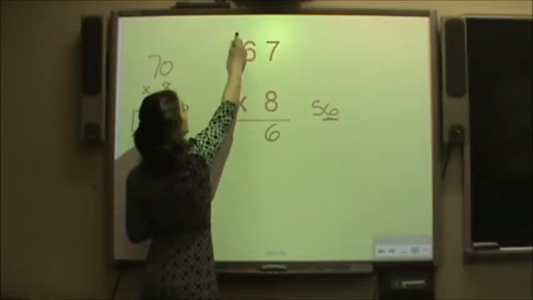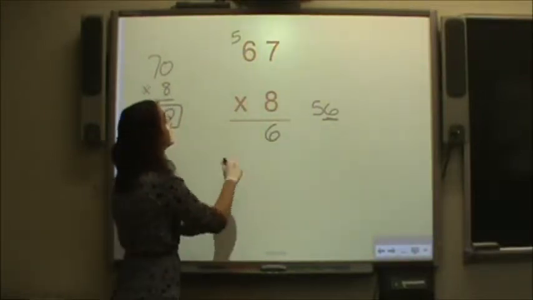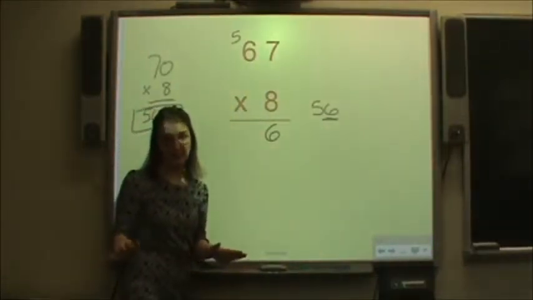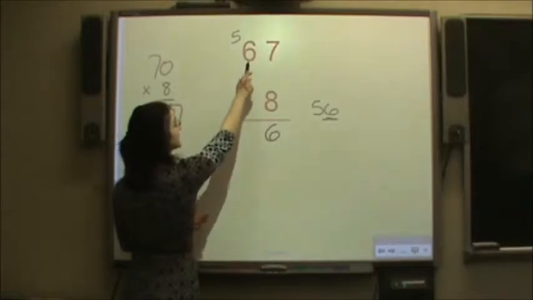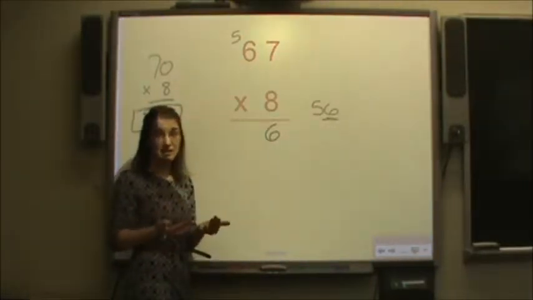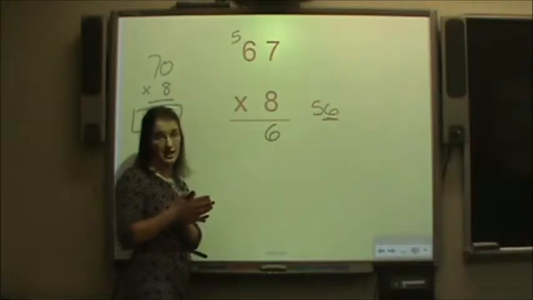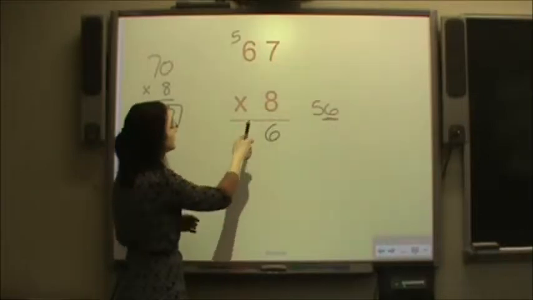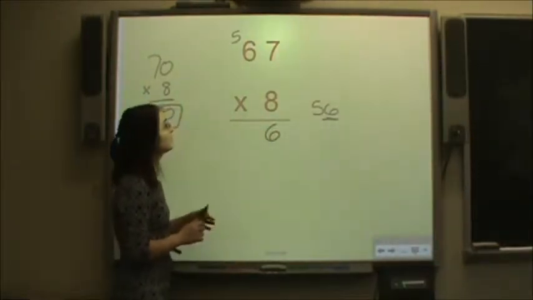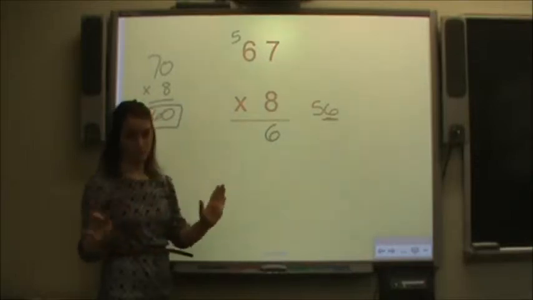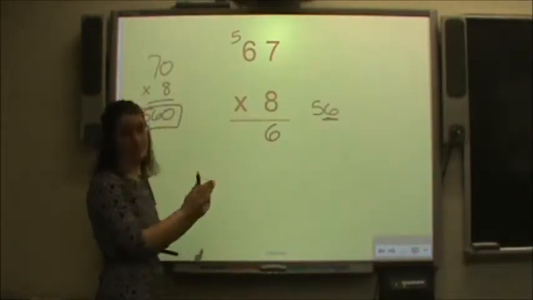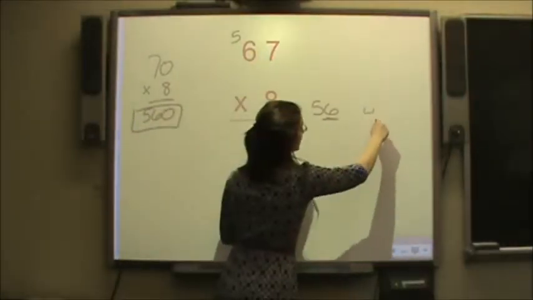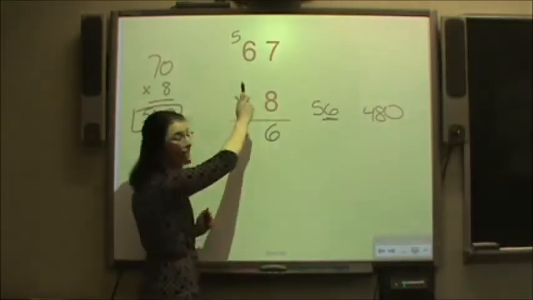I'm going to carry the 5, which is secretly 50, and I'm going to do 8 times 6. I'm not actually doing 8 times 6, though. You know that. I'm doing 8 times 60, but we're just going to say 8 times 6 to make it a little bit easier because, again, remember, we're consolidating the partial products algorithm to make the standard algorithm a little bit easier. So 8 times 6 is 48, and then I'm going to add in this 5. Now, remember, it's not actually 6 times 8 equals 48. It's really 8 times 60 equals 480. And then I'm really adding in 50,